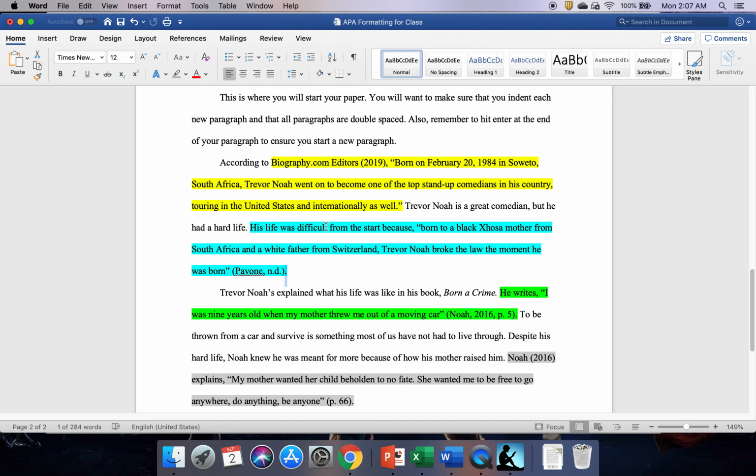But let's say we're using a book, and Trevor Noah did write a book called Born a Crime. I'm going to show you the two ways we can set that up as well. So let's say we're not using Trevor Noah's name to introduce the quote, such as this one. He writes, "I was 9 years old when my mother threw me out of a moving car." Notice I introduced it, followed the introduction with a comma, and then started my quotes with the quotation marks, and ended with quotation marks, but I did not include the punctuation at the end